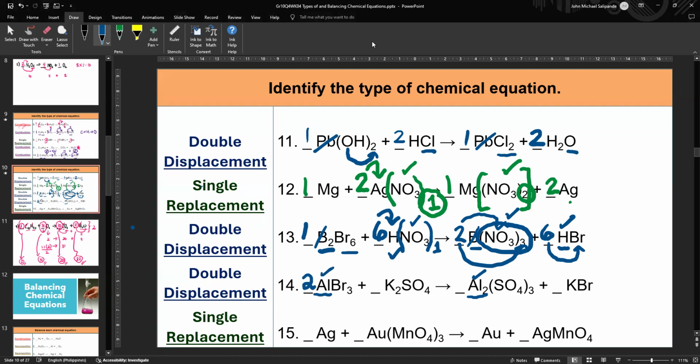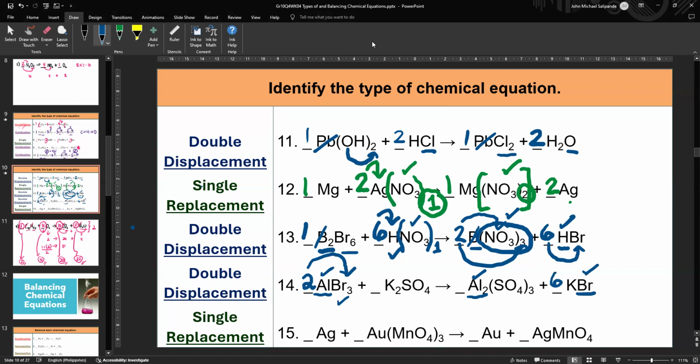Now, because bromine is beside Al in AlBr3, and we now have a coefficient of 2, the number of atoms of bromine will now be affected. Originally, it's 3, but because you have the coefficient 2, the number of bromine atoms will become 2 times 3 equals 6. And on the right side, since it's only one bromine atom, that means you have to multiply KBr by 6. And with that, bromine is now balanced.